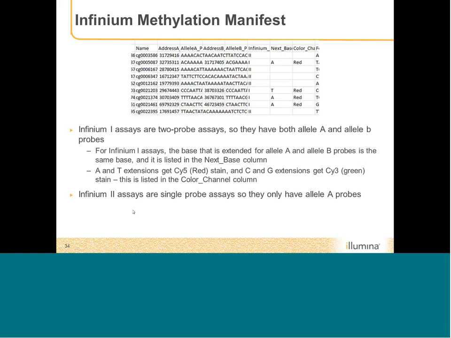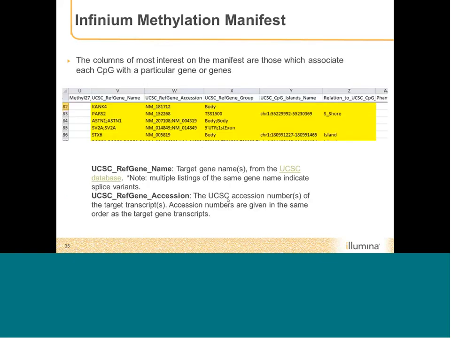Infinium 2 assays are single probe assays, so they only have a probe listed in the allele A area. So you have address A and allele A probes for Infinium 2 assays. You can see in this Infinium type column which type of assays you have, 1 or 2. Now, the columns of most interest to most people are the columns which list the association of the CpG sites with particular genes, because the main emphasis of methylation analysis is to analyze the effect of methylation state on gene